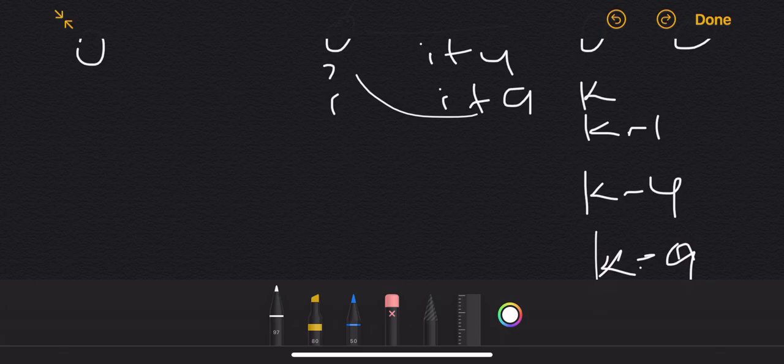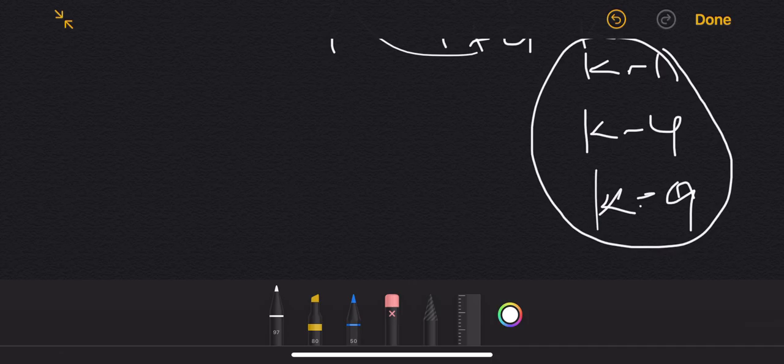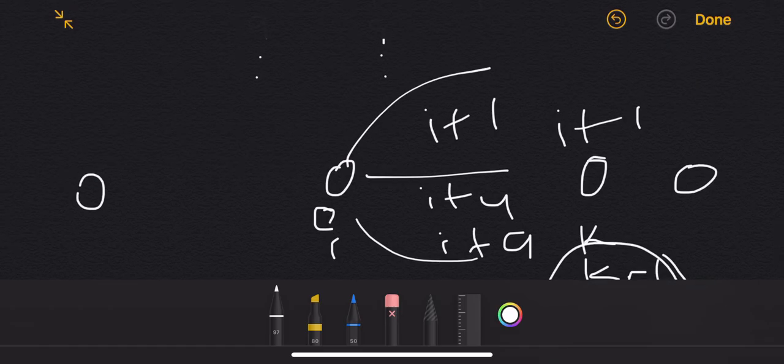We just have to identify which of these k minus 1, k minus 4, k minus 9 is giving us fewer hops. This is not just for this problem, this applies to any problem. You take any node I and see all the possible hops from I you can go to, and take a node I plus 1, and just by seeing these hops from I, think what are all the possible nodes which lead to I plus 1, and you just have to determine the best one among those. That is dynamic programming in any problem. It might be a 2D matrix, 3D matrix, or anything. It is the main concept.